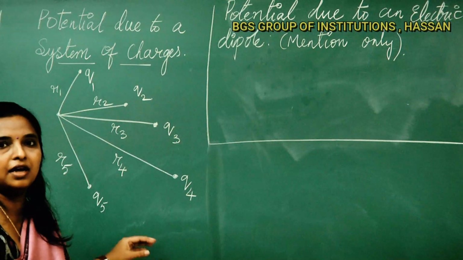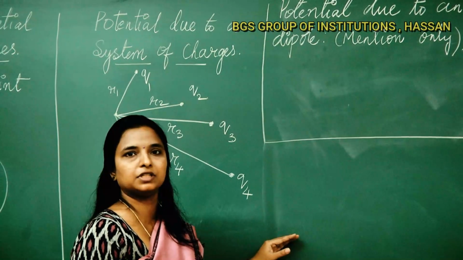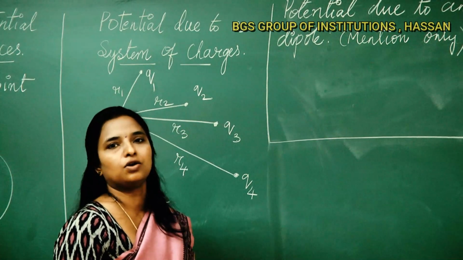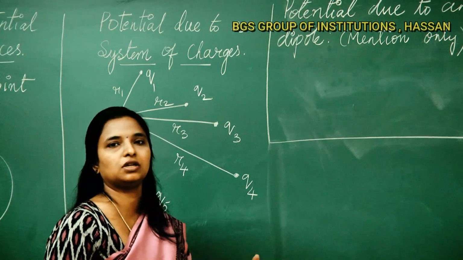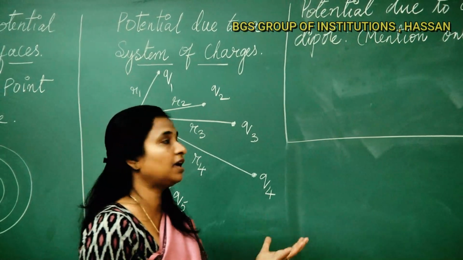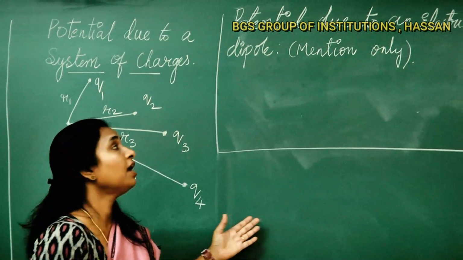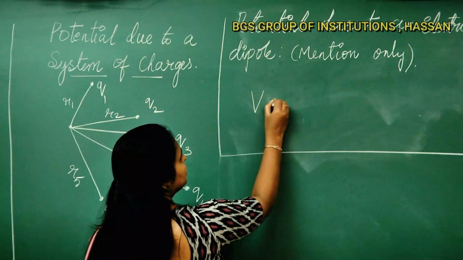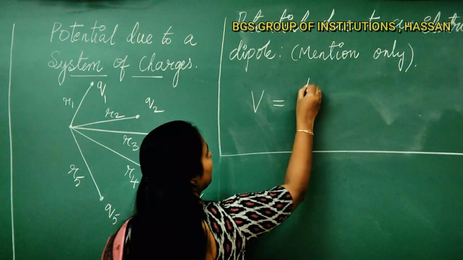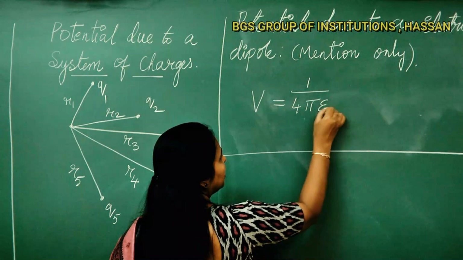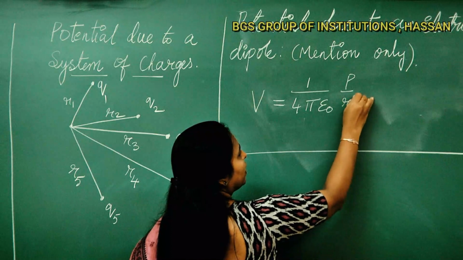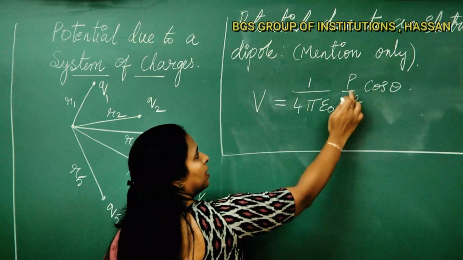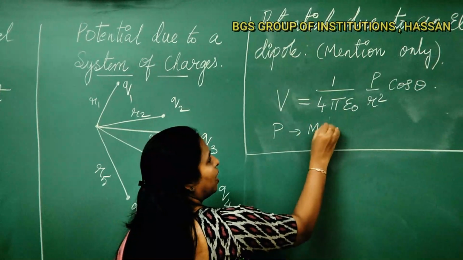An electric dipole is a pair of equal and opposite charges separated by a small distance, and that distance we have taken as 2a. We have calculated the expression, unit and dimensional formula, everything in the previous chapter. Today we will write only the expression for the potential, and that expression is V is equal to 1 by 4 pi epsilon naught, P by r square, into cos theta, where P is the magnitude of